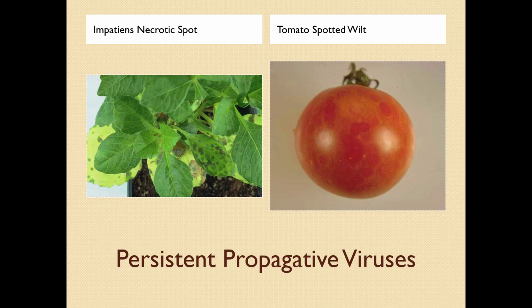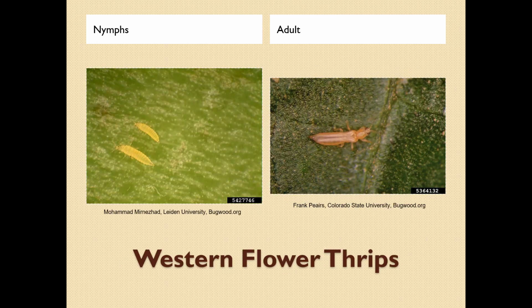And there's a unique relationship between thrips, such as western flower thrips, and tomato spotted wilt virus. Only the larval stages of thrips can pick up the spotted wilt virus, and they spread the virus as adults. It's transmitted by thrips, especially by the western flower thrips. Immature thrips get the virus when feeding on diseased plants and spread the virus as adults when feeding on healthy plants. Here's our western flower thrips here. We've got nymphs on the left, adult on the right.